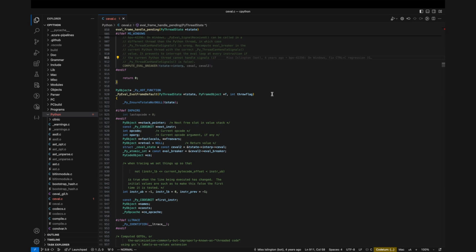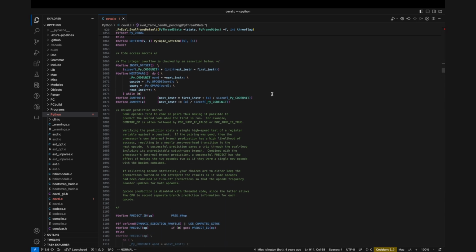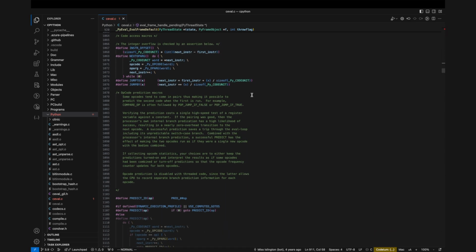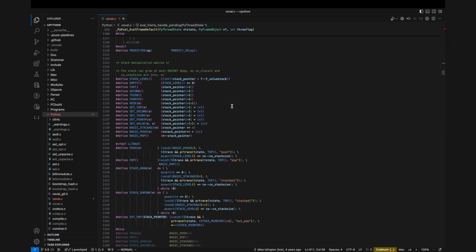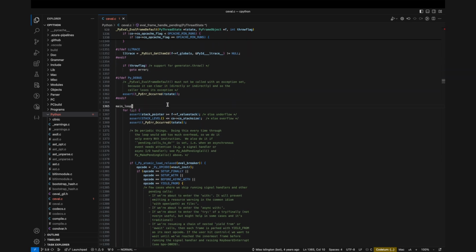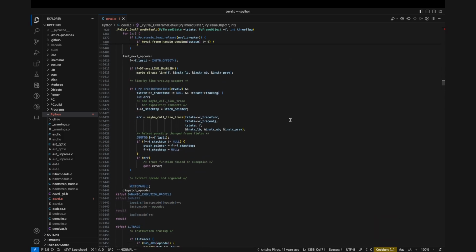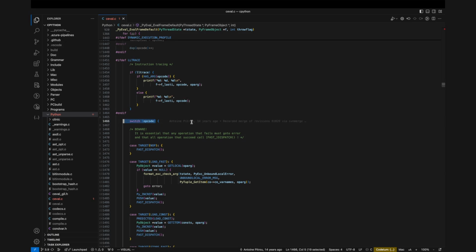Again, we don't have time for everything, but as you can see, there's things like opcode predictions, which tries to predict pairs of common instructions to optimize the interpreter, and some macros that make common stack operations more convenient to call. The main execution loop is all the way down on line 1365, and as you can see on line 1366, this is literally just an infinite loop. The function does some more setup, and then finally we get to line 1466, which is a switch statement on